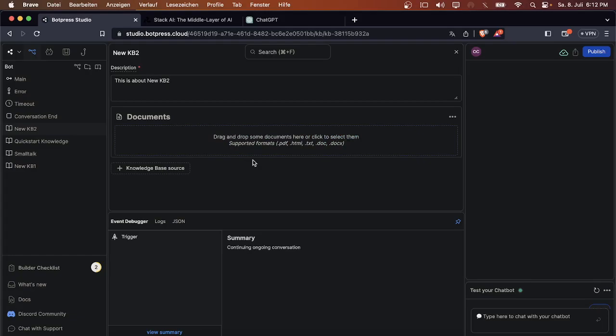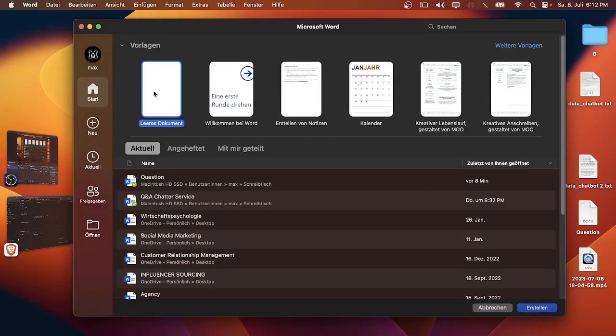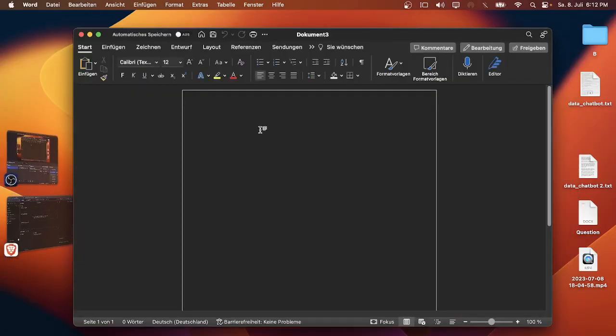So if the user asks a question, the bot recognizes the question that you wrote down into the file and you have uploaded into the bot. He will give one-to-one exactly the answer you have uploaded into the bot. This is not AI, but this is how the old chatbots worked, and we will take advantage of that. So for that, we will go, for example, to Word, and then write question, how are you? Answer, I'm fine. Another question,